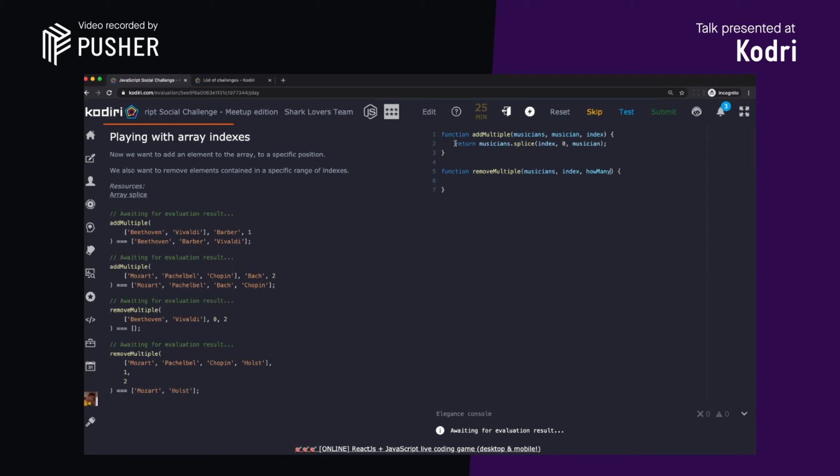All right, so then what? Then I need to do something similar. So return musicians.splice, and this is pretty much the same thing. In which index do I want to play? Take that index as a starting point, and now I would like to remove X. So what it will do, guys?